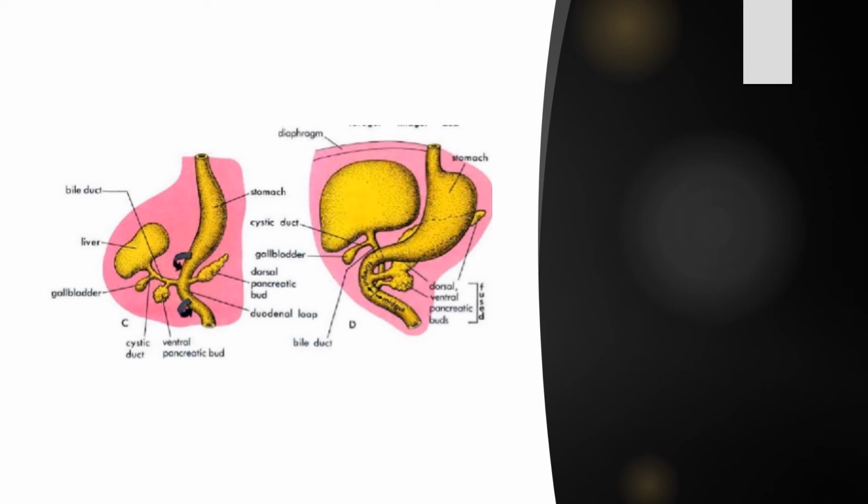When it pushes the organs, in the meantime the dorsal bud, which is going to form the whole pancreas except the lower end of the pancreas, is pushed somewhat anterior. We can get the exact development of the duodenum after axial rotation. This makes the head of the pancreas rest over the concave margin of the duodenum.